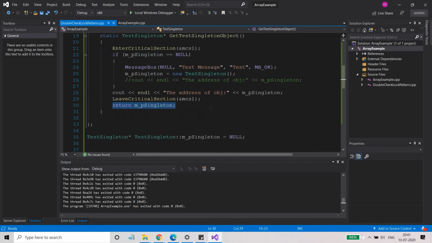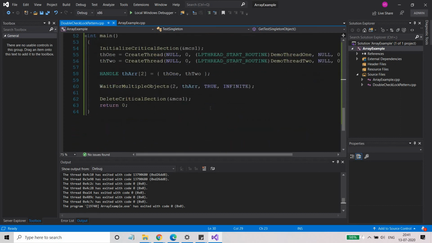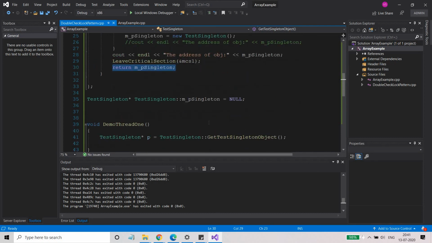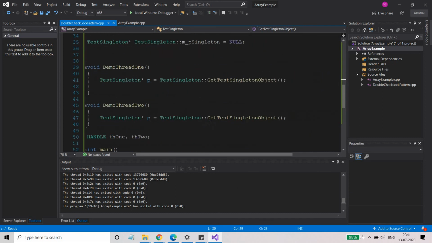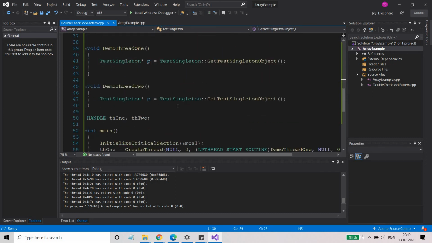So this was how you can control the creation of the singleton object. You can create many more such threads and check. I have created only 2 threads, you can create 2 more and check, right?